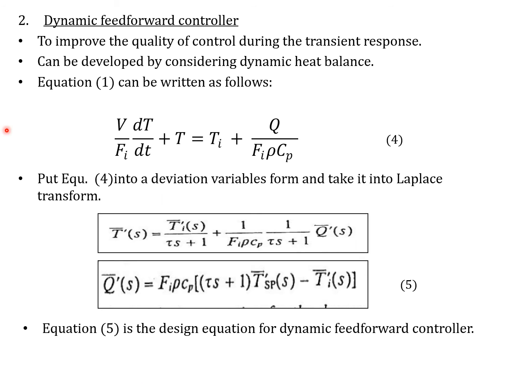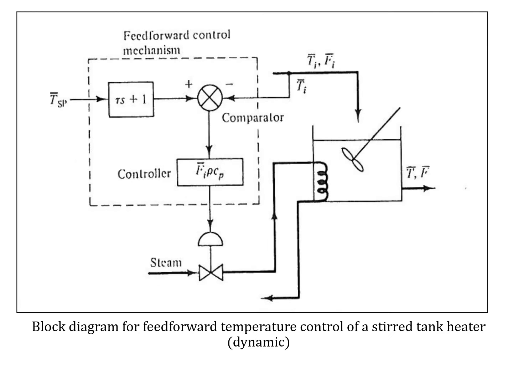And this can be clearly seen. If we look into the equation here, we have this block diagram just like before, where we measure the disturbance. It goes into the comparator because we have the steady state. We have the set point times this value s plus 1. The output goes into this equation, and this is going to be the controller output to cater for